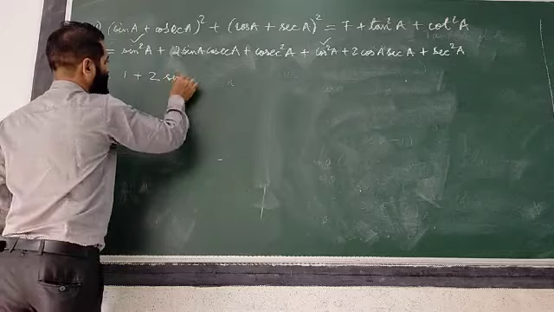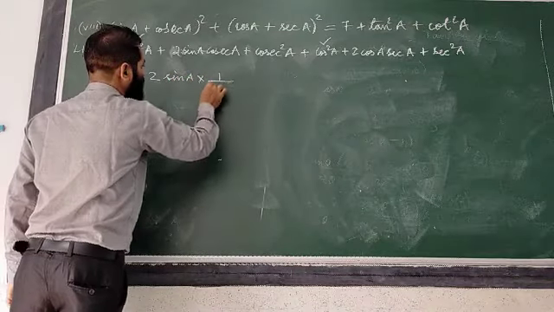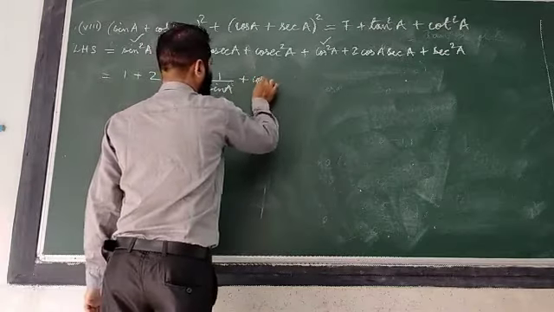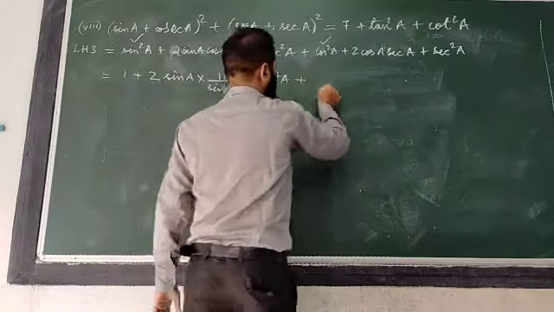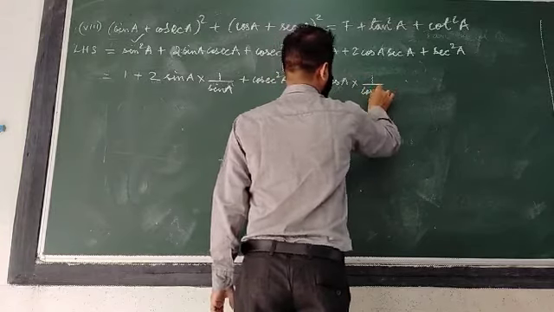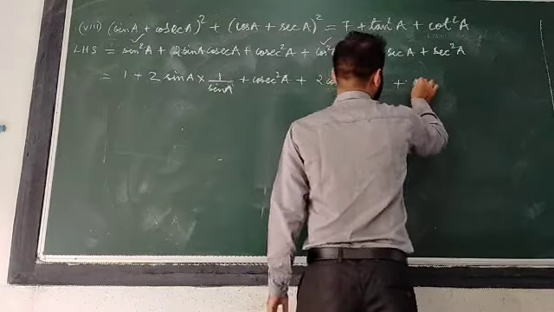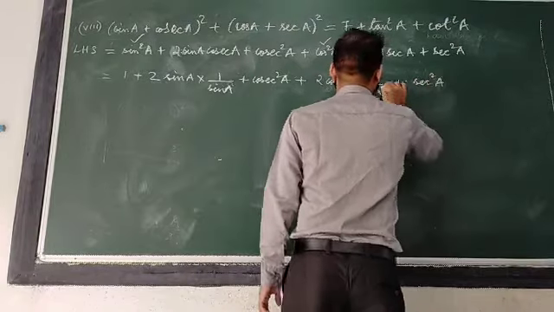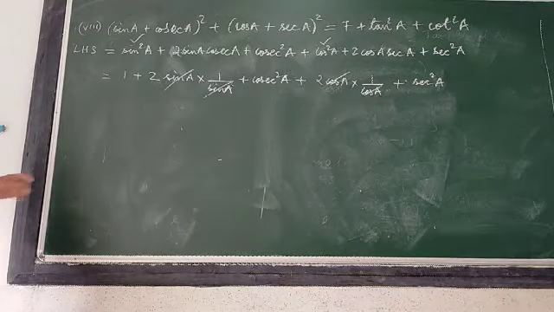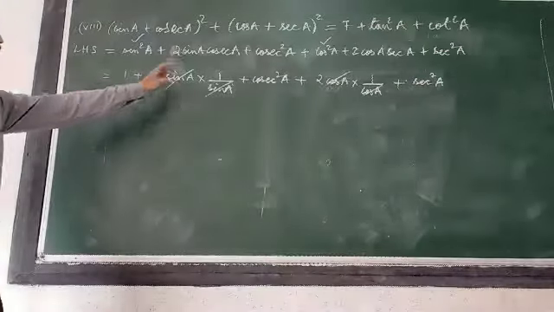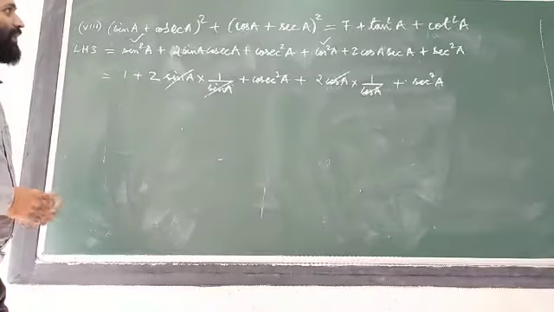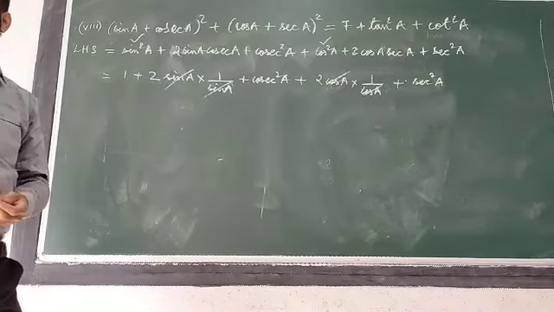Can we write this one as sin a and this can be written as 1 by sin a? Correct? Plus cosec square a plus 2, and this also can be written as cos a into 1 by cos a, plus sec square a. Cos cancel, sin cancel. Any problem? No. Now what we are having here? 2 and there also 2. So 2 plus 2 plus 1. My God, we got 5. 2 more is required. Understood or not?